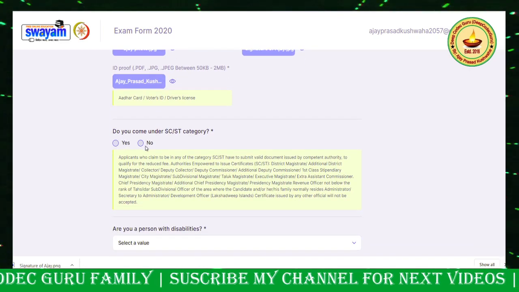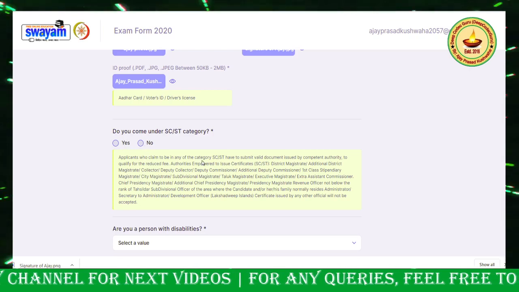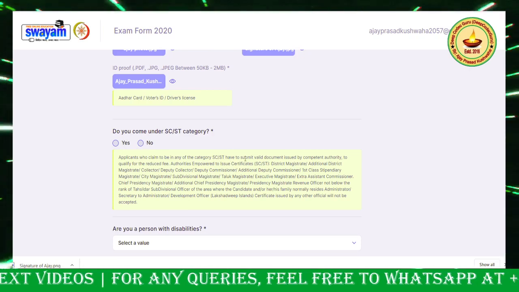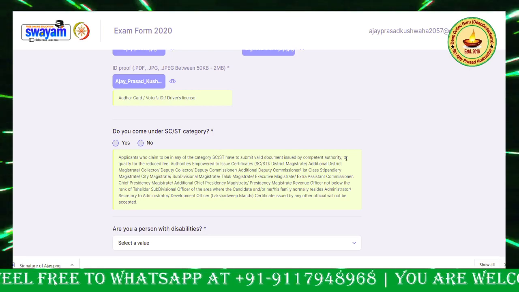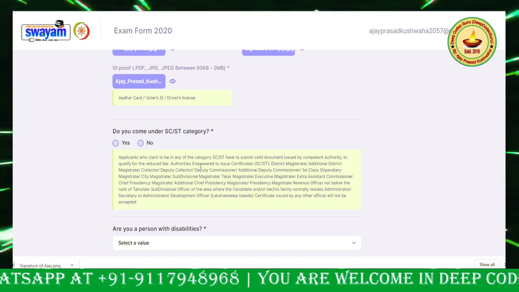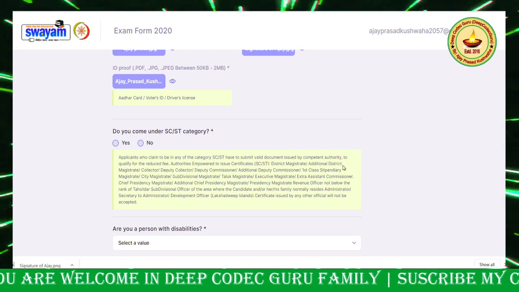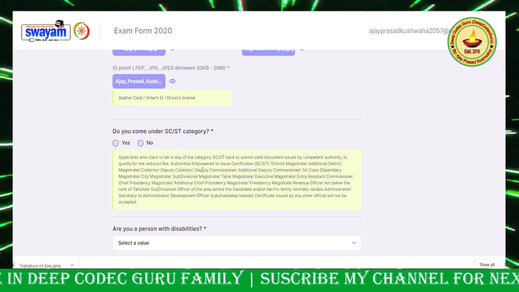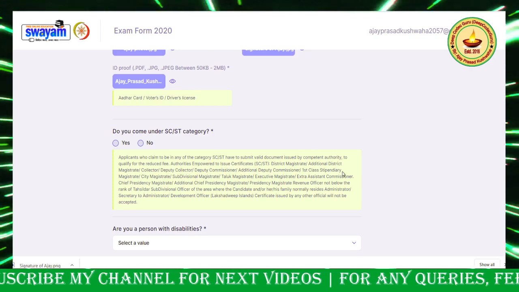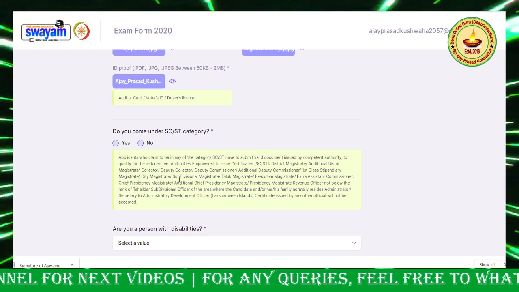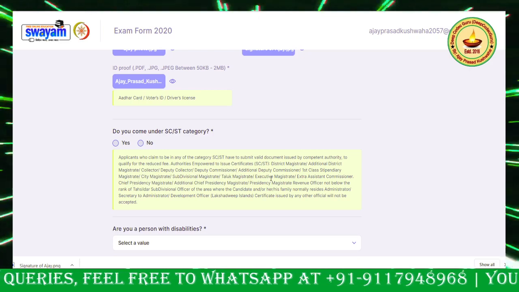And then, do you come under SC/ST? No, I don't come. If you come, you can see an applicant who claims to be in any category of SC/ST has to submit a valid document issued by the competent authority to qualify for the deducted fee. Authorities empowered to issue the certificate: district magistrate, additional district magistrate, collector, deputy commissioner, additional deputy commissioner, first class stipendiary magistrate, city magistrate, subdivision magistrate, taluk magistrate, executive magistrate.